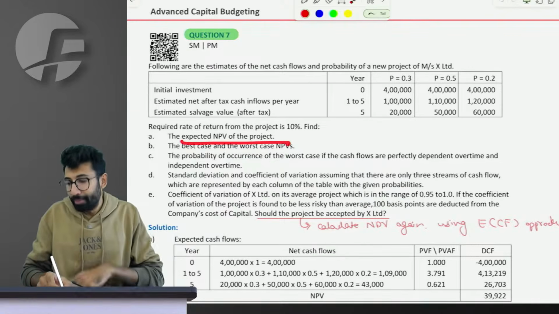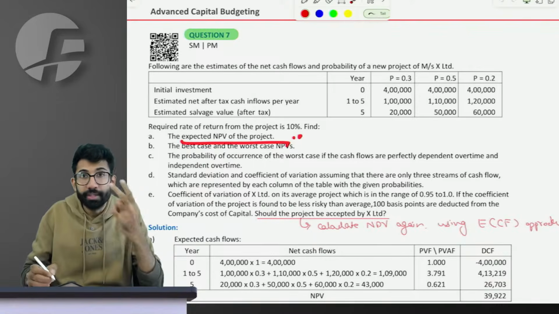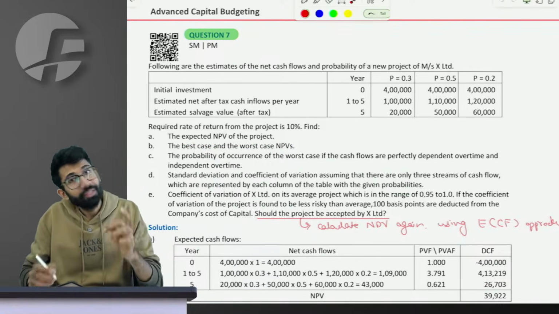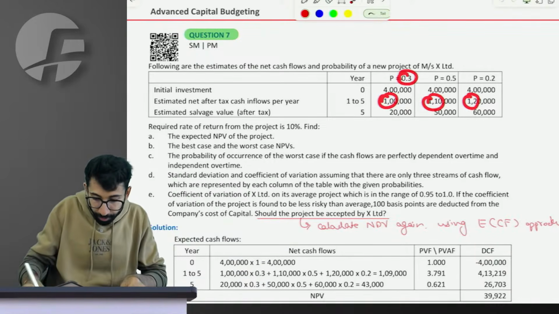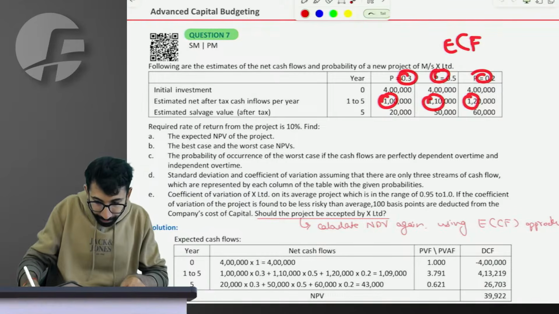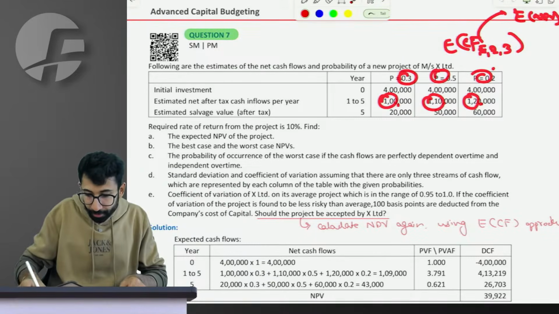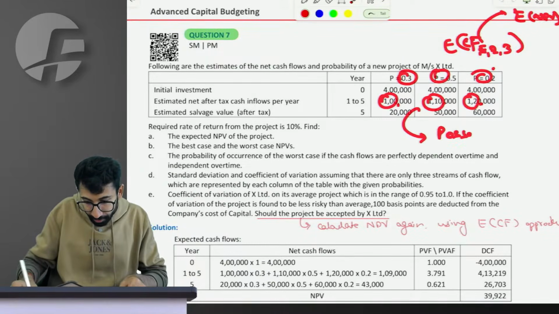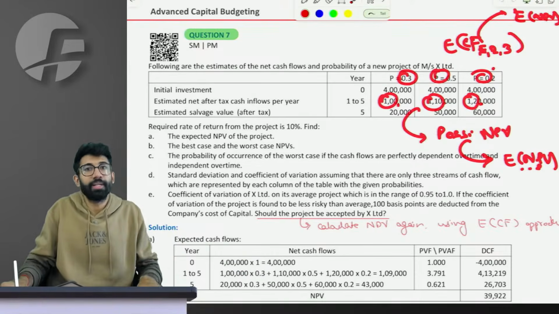You all might think that which approach of calculation of NPV should be followed. There are two approaches now. Approach number one that you learnt in the first section, that sir, if I have possible cash flows with the probability, first I calculate expected cash flow of year 1 and then 2 then 3. Using expected cash flow you calculate expected NPV. Option 2, using these possible cash flows, first you calculate possible NPVs, and of the possible NPVs you calculate expected NPV, which you have learnt in the topic of scenario analysis.